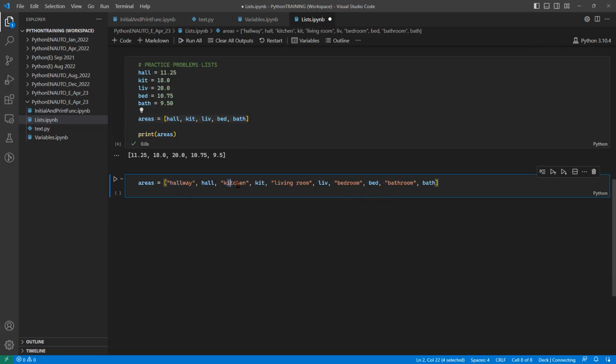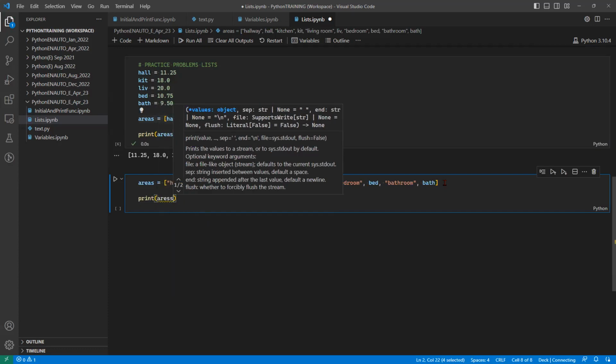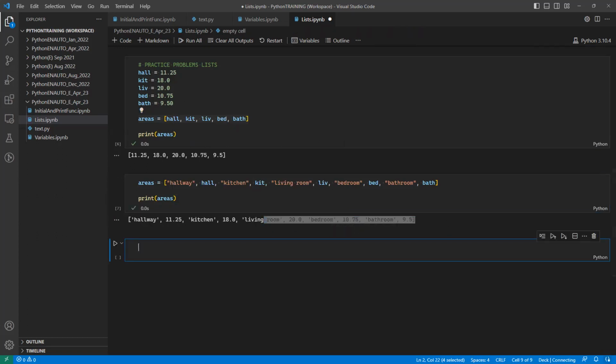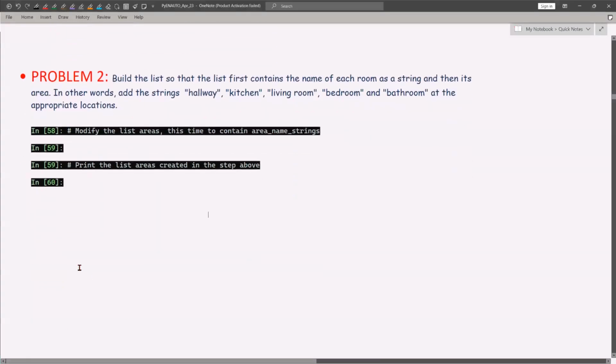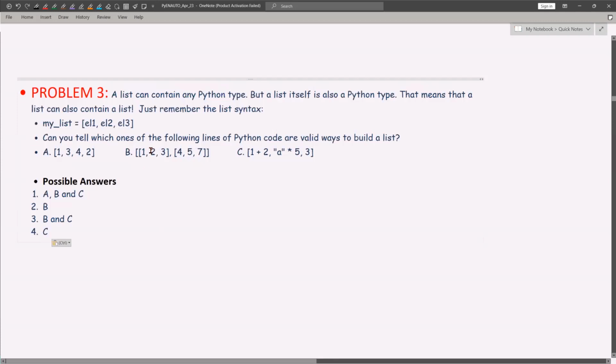So hallway, kitchen, all these strings you had to add in the respective places, and you had to print the new areas list. Simple task. In the next problem, you just have to choose the correct option. So in this one you just have to tell me